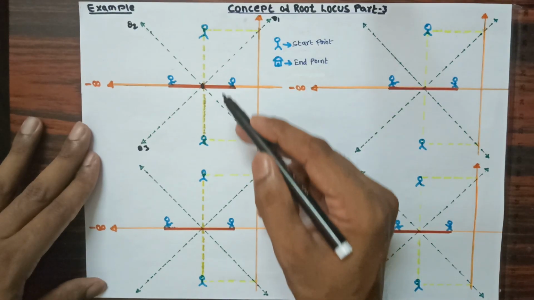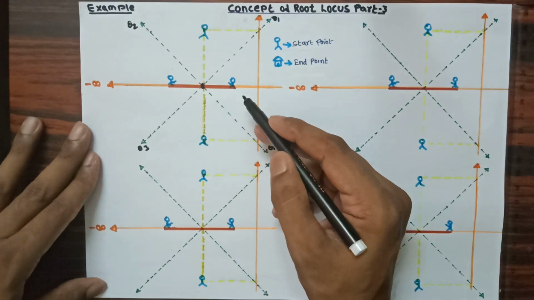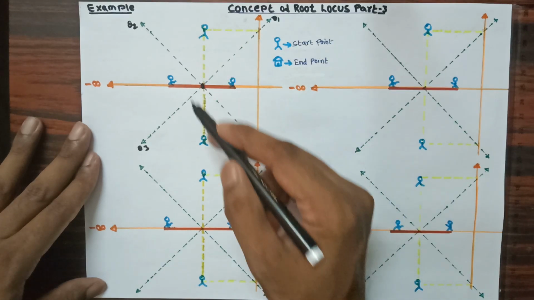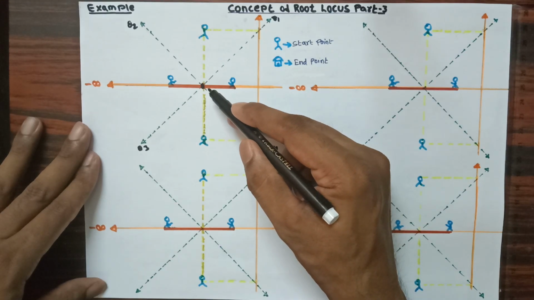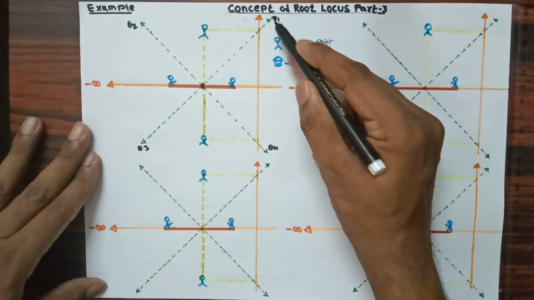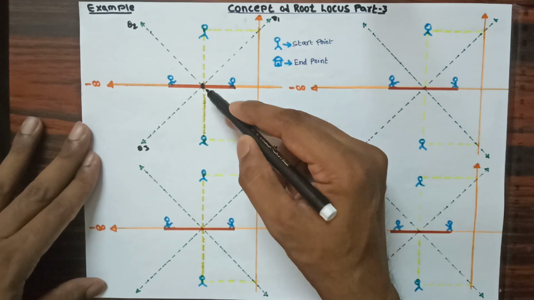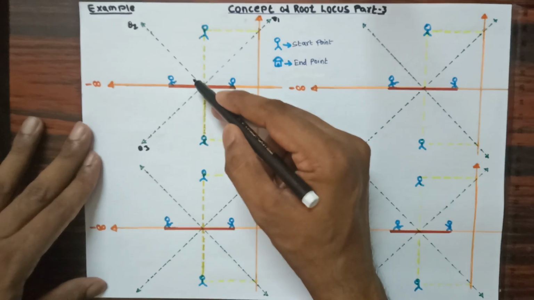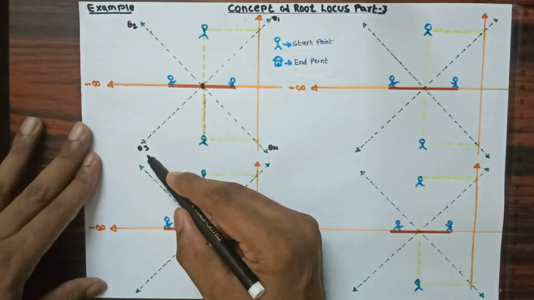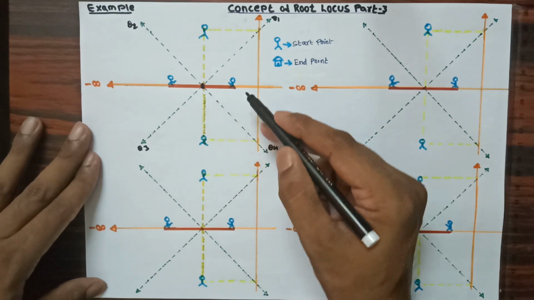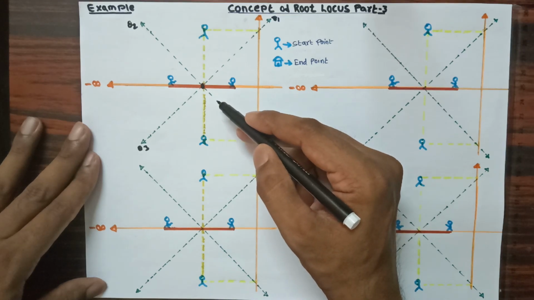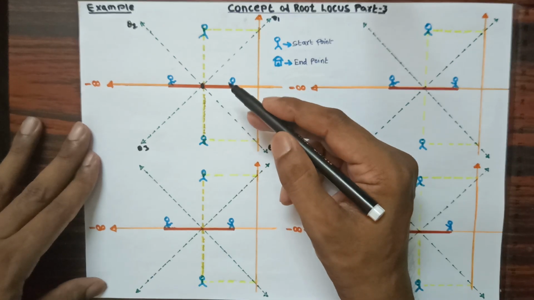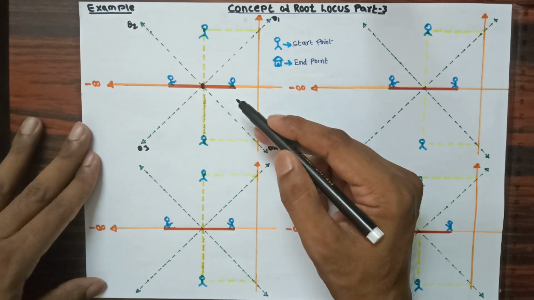In this example you can see I have 4 persons, they are moving towards the infinite destination, that is we have 4 asymptotes. For these 4 asymptotes we need to provide 4 angles of asymptotes. In this example you can see I have provided 4 angles. The first angle I have named theta 1, an angle of 45 degrees. The second angle I have named theta 2, an angle of 135 degrees. The third angle I have named theta 3, an angle of 225 degrees. The fourth angle I have named theta 4, an angle of 350 degrees. Following these angles, the 4 persons need to move towards the infinite destination.